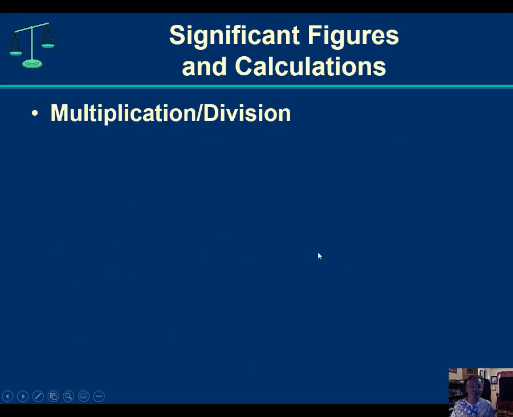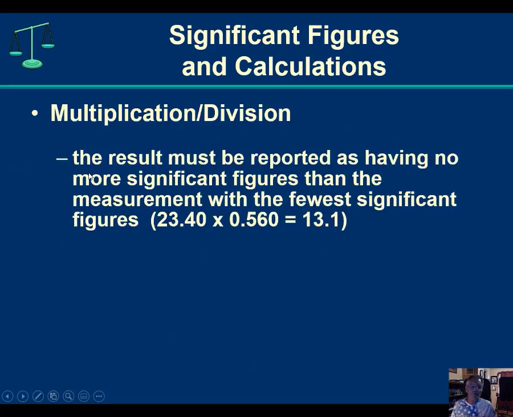Significant figures in calculations: multiplication and division. Let's take a look at the rule. The result must be reported as having no more significant figures than the measurement with the fewest total number of significant figures. So both of these are measurements, and I'm going to do math with these. If I look at this number, I have 1, 2, 3, and this 0 is significant, so there are 4 significant figures here. This 0 is not significant, but this 0 is significant. It's to the right of a non-zero digit and a decimal place, so there are 3 significant figures, and so